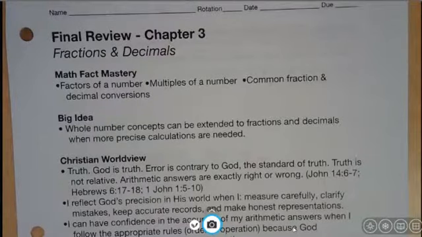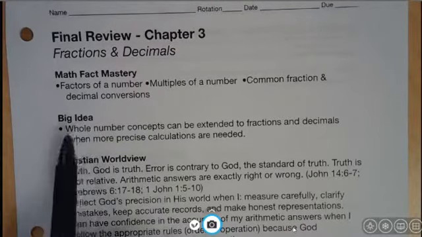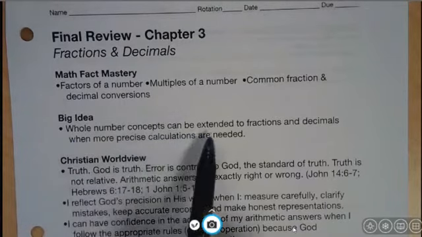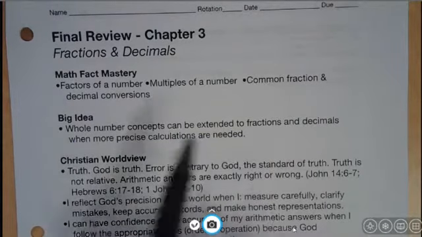Here we are at the beginning of chapter 3 for our final review. It is on page 62 in your textbook. The big idea for this chapter is that whole number concepts can be extended to fractions and decimals when more